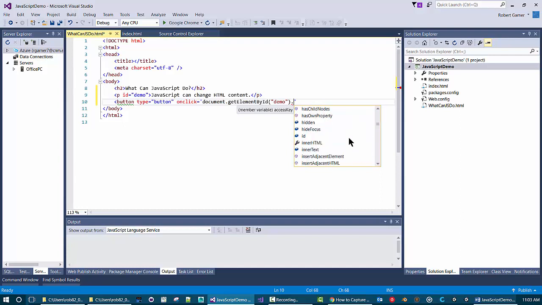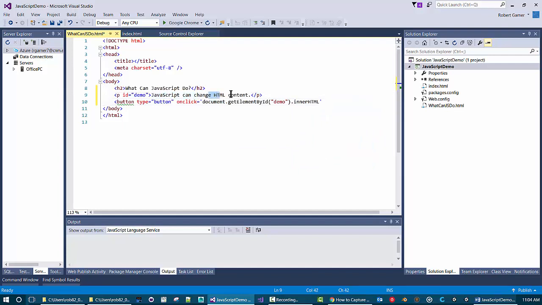But what we want is inner HTML. And that's going to give us access to this section right here and allow us to modify this part of this code. So by getting ElementById and putting in the ID of the element we want, which in this case is demo, and then saying we want to change the inner HTML,